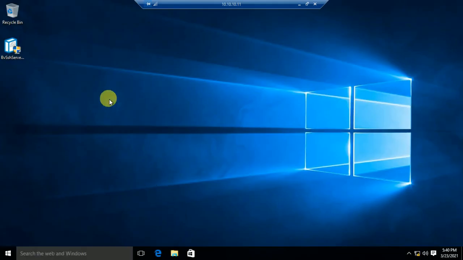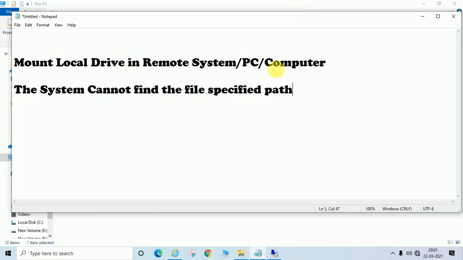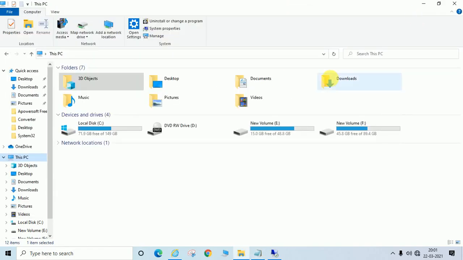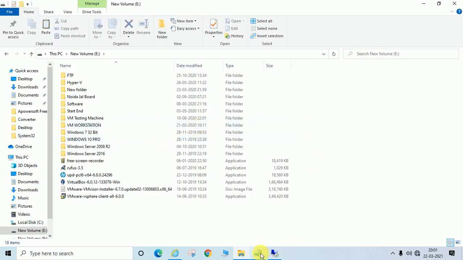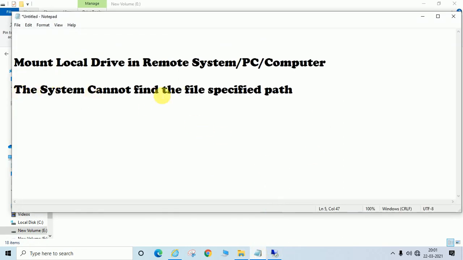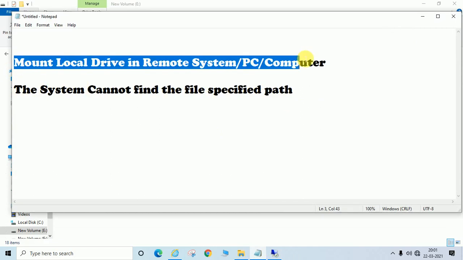So suppose you have any data like this, and if you want to copy from a remote PC, let me minimize this, from the remote PC to the local PC, or you can say to a local PC drive like here, and if you are getting this error, "the system cannot find the file specified," this video will help you, and you will also learn to mount a local drive in a remote system.